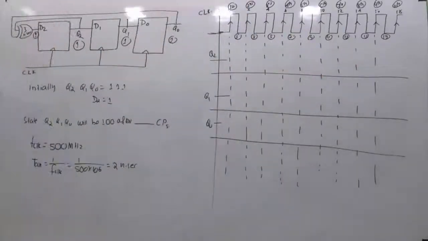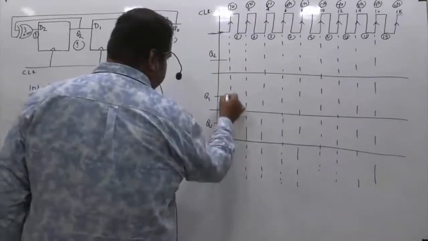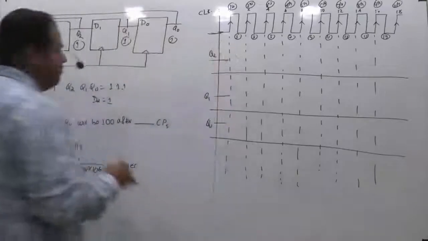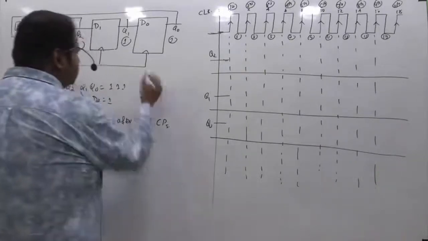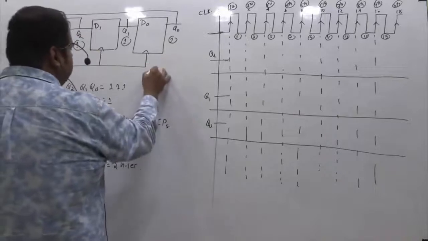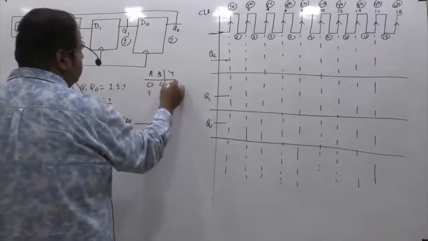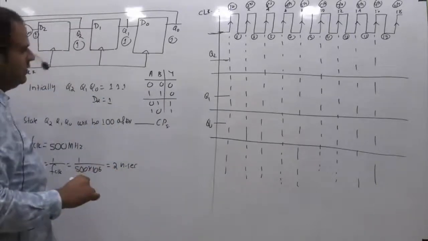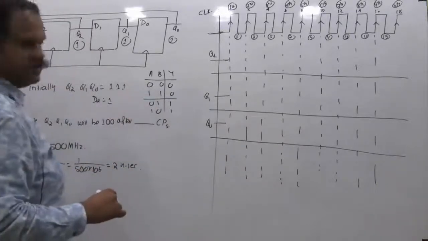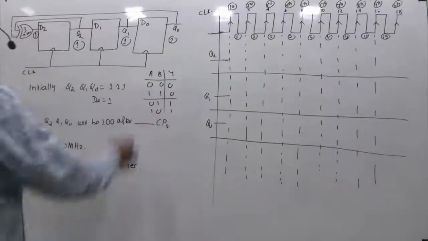Okay, see, initially Q2, Q1, Q0 are given as 1, 1, 1, so you haven't applied any clock. These are what is given initially. One more thing, notice carefully that the delay of the XOR gate is given as 3 nanoseconds. This is not an ideal case. What is the XOR gate property? For A, B and Y, for 0, 0 and 1, 1, you get the output 0, and for 0, 1 and 1, 0, you get the output 1. That is, when both inputs are the same, you get output 0. When the inputs are opposite, one is 0 and the other is 1 or vice versa, you get the output 1.